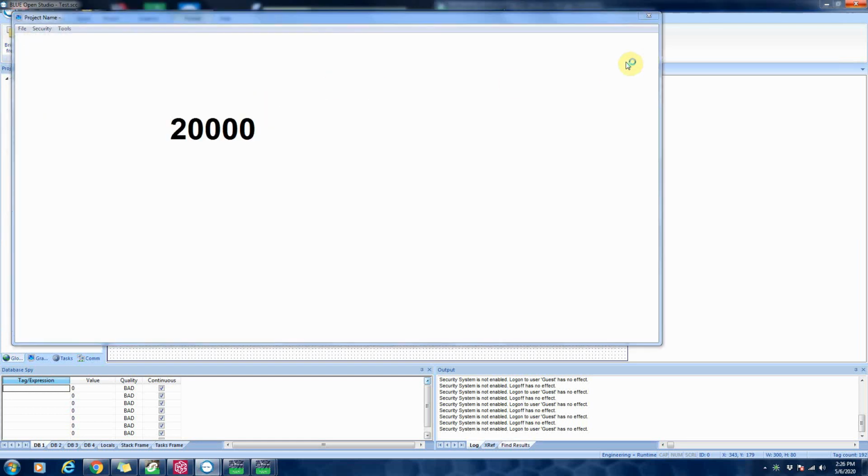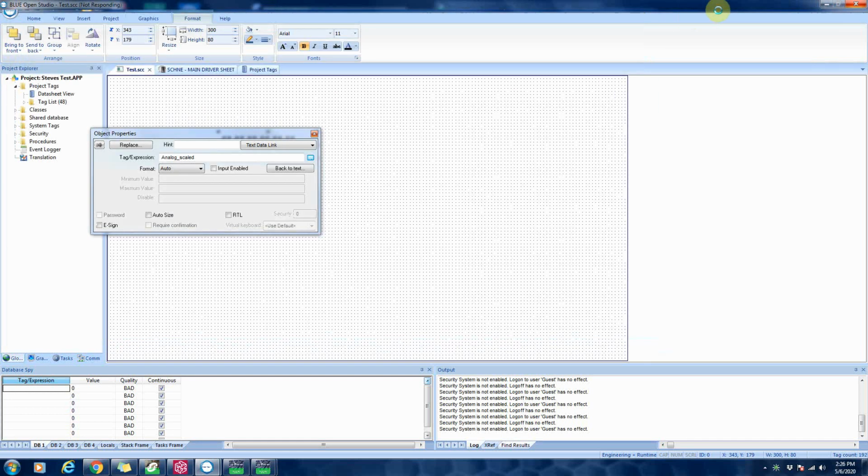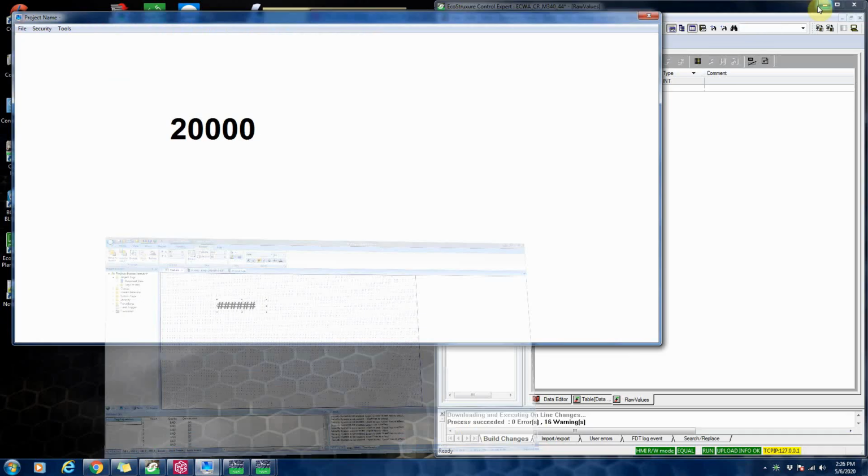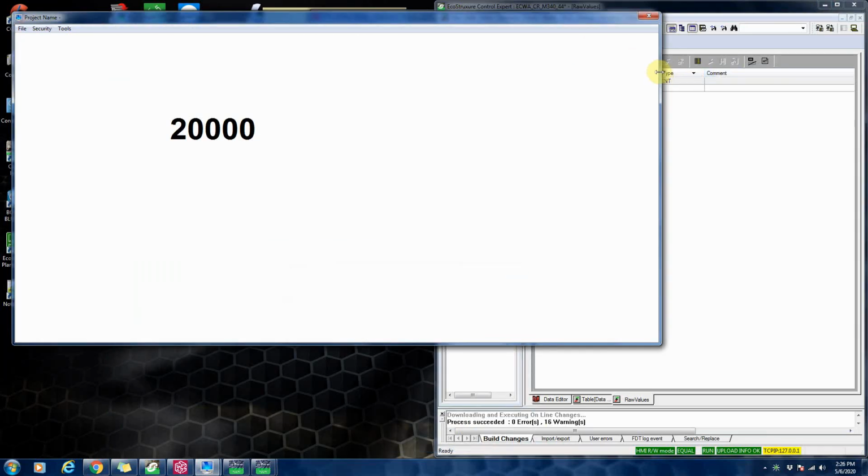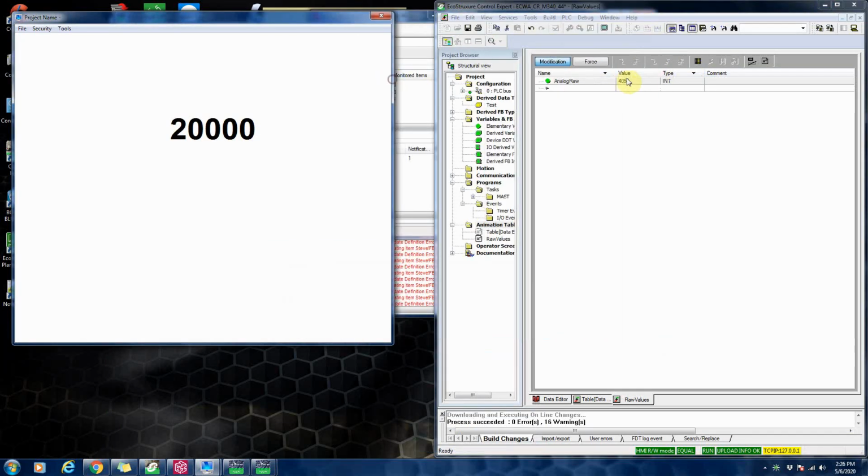looks like I forgot to put the input enabled. I'll have to come back and change that. So I'll come here, and here's my development environment. I'm going to shrink that and move my PLC here. So here's my PLC simulator. 4095 is actually 20,000. If I come in here and make this half scale, you can see it change. And if I bring it back down to 0,